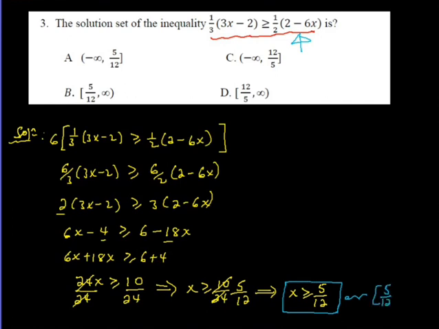ከ5/12 አንስቶ እስከ ኢንፊኒቲ ድረስ ብለን እንጽፋለን። ኦኬ ነምበር ላይን ላይ ብታስቀምጡ 5/12 እዚች ጋር ቢሆን፣ x is greater than or equals to 5/12 ማለት ወደ ቀኝ ነው up to infinity. So the answer for question number 3 will be b ይሆናል ማለት ነው። የሶስተኛው ጥያቄ መልስ b ነው የሚሆነው።